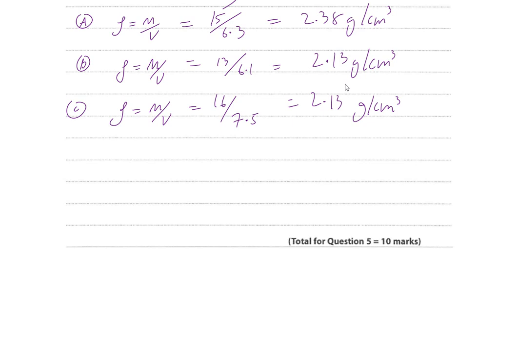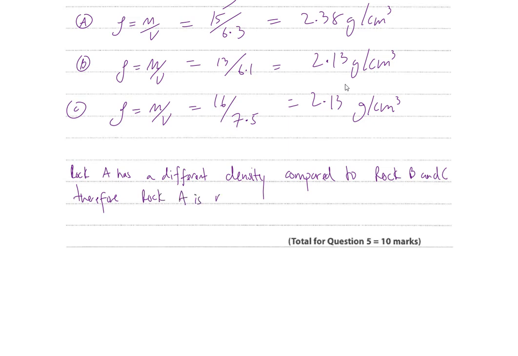So rock A has a different density compared to rock B and C. Therefore, rock A is made up from different materials. Okay, so therefore the student